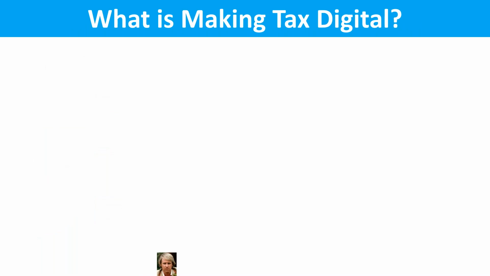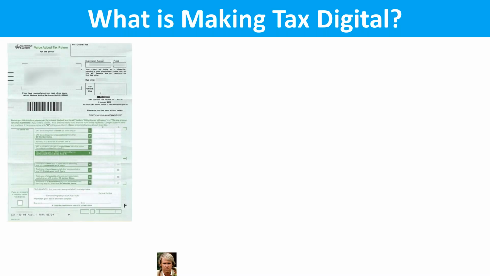And let's have a look at a VAT return, which we now call Making Tax Digital. If we travel back to the 60s, how did we do a VAT return? HMRC would send you a form to fill in through the post. You would have to manually write in the numbers in those fields. If you're really posh, you get someone to type those numbers in for you. But how did you figure out what numbers go in those fields?